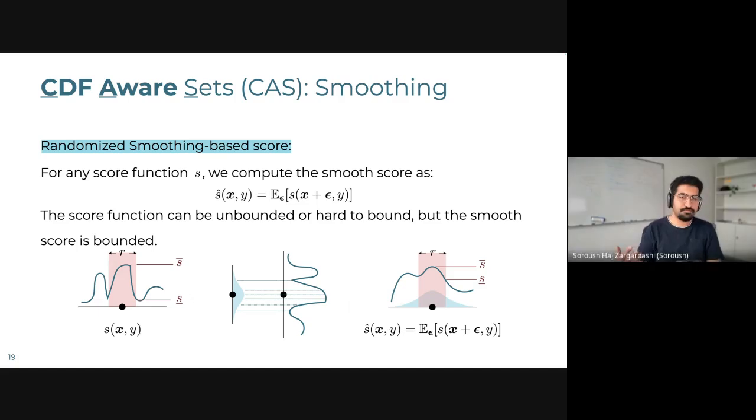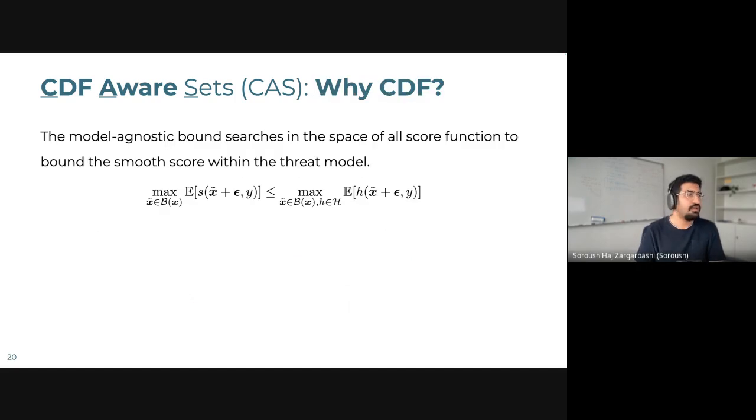Okay, so then I want to find these bounds through a smoothing. So first of all, I said I cannot look at the function's mechanics. So I don't have the score function and its parameters. I can use it as a black box. So instead of saying how much this smooth score would change if I go to any other point in this perturbation ball around my point, I want to say how any score function would change. So again, let's assume that I want to find an upper bound.